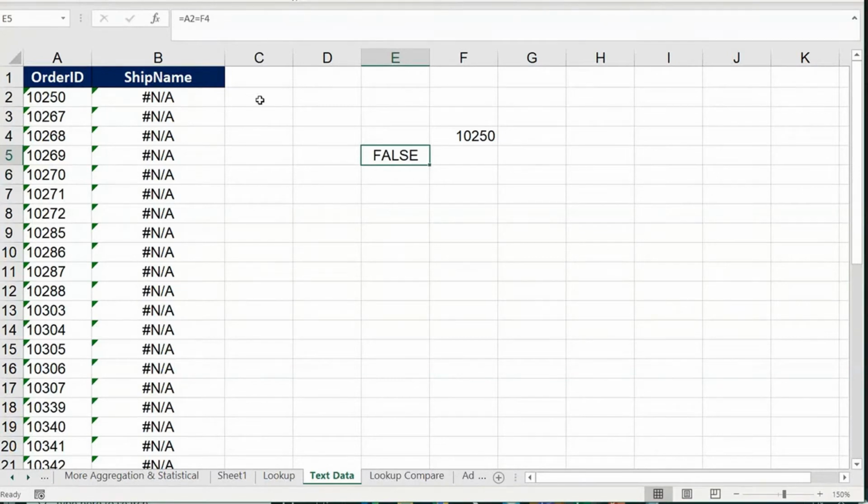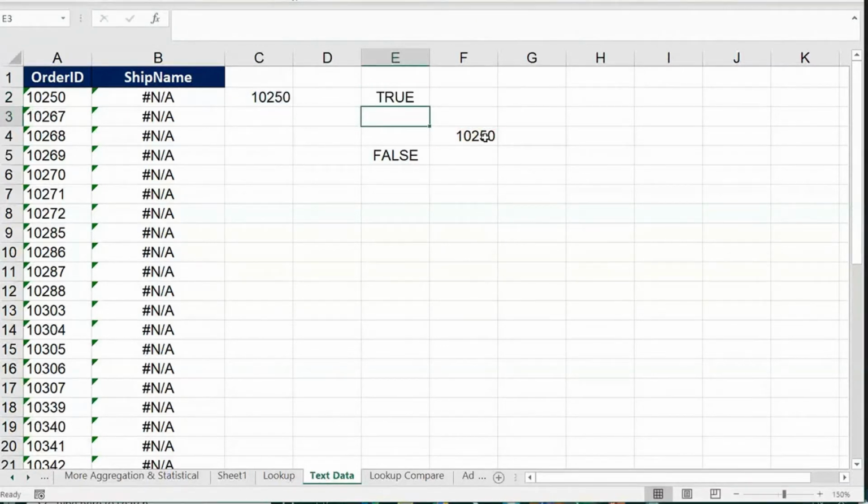So what you can do here is use a function called VALUE. The value of this, if I close the bracket and enter, it becomes the number 10250. If I now ask Excel, is this equal to this, it says yes.